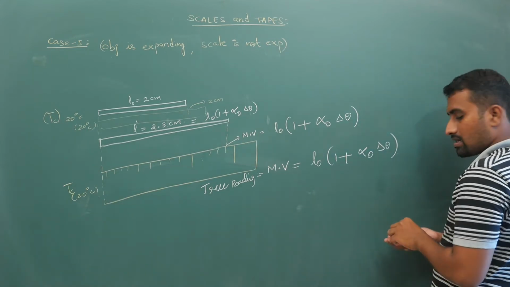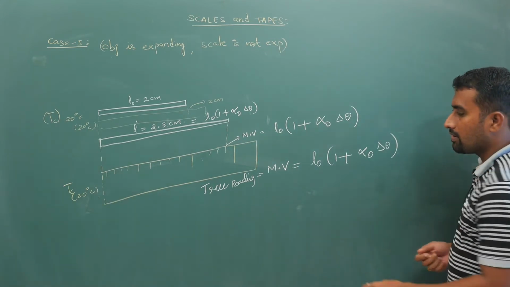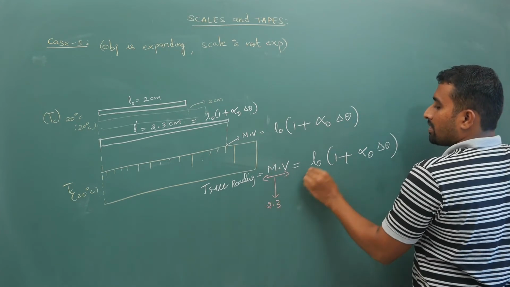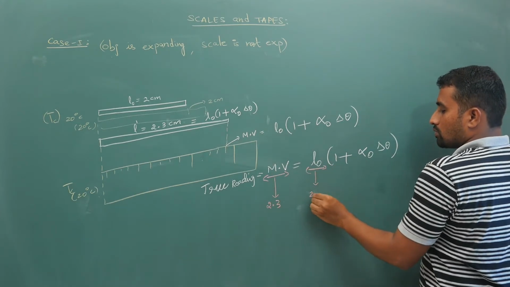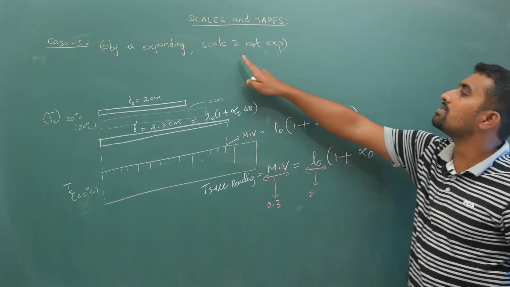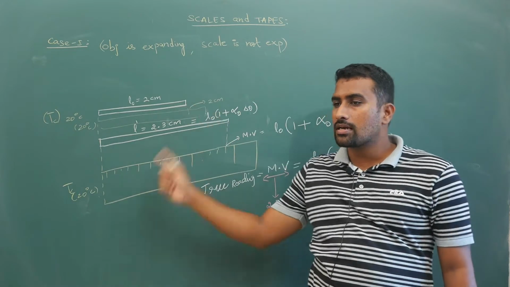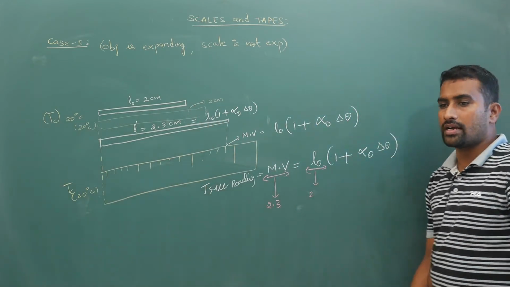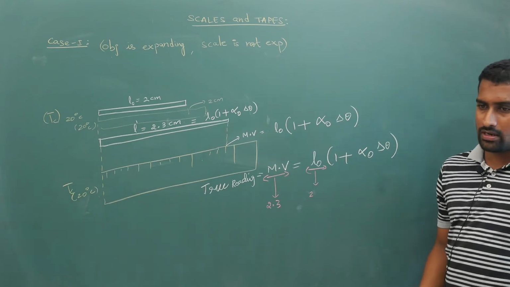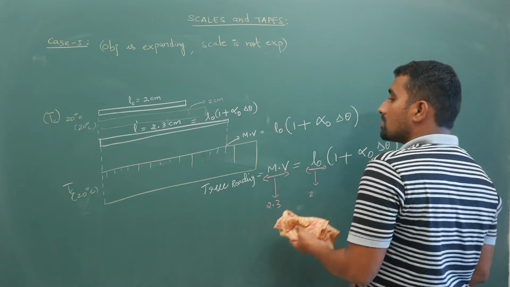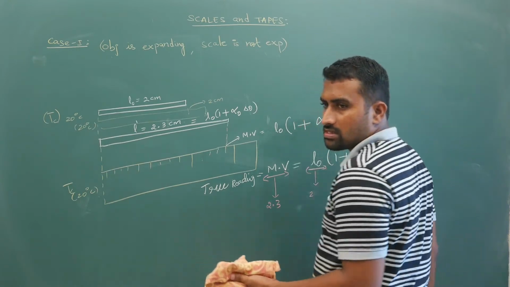For clarity's sake, I will put it in different colors. This measured value is 2.3, the initial length is 2. So 2 is becoming 2.3. Here the scale is not expanding, so obviously the correct reading will be shown. Copy this down, you will not get it in the books. It is very very important. You will get confused while doing problems. This idea looks simple, but you will not be able to do the questions. Next,